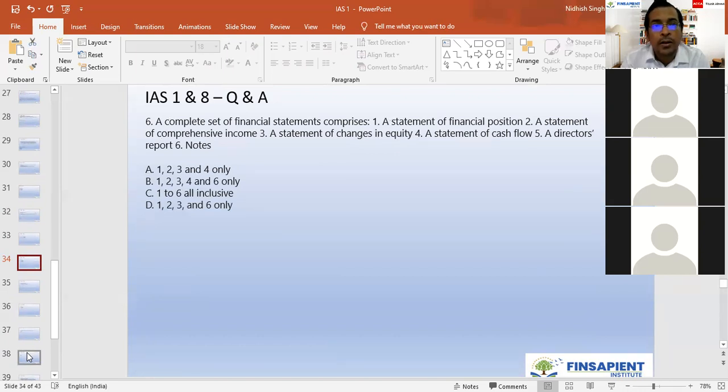Not all. Director's report. B. Oh, it should be all. No. Sorry, it should be all because director's reports we are also showing. Director's reports are an essential part of the financial statements as well. Okay. So generally, when we call notes, that also is comprised of. In US financial statements, it is called management discussion and analysis, something like that. The directors talk about the overall business and how much confidence they have in the business. Take that with a pinch of salt